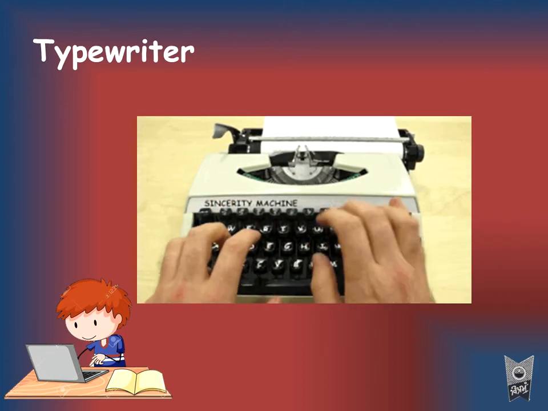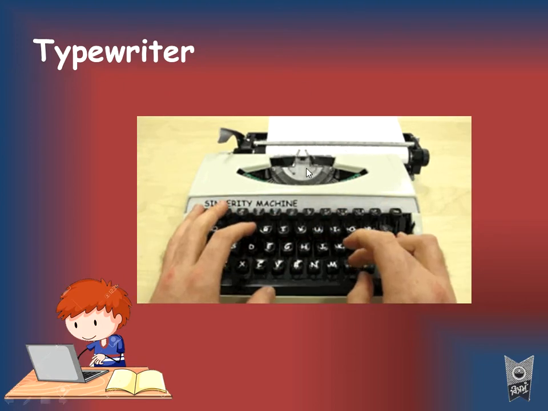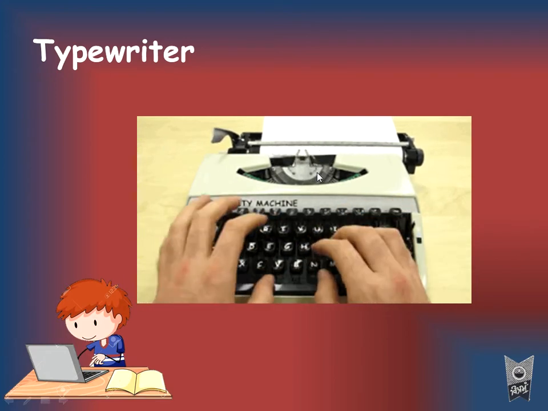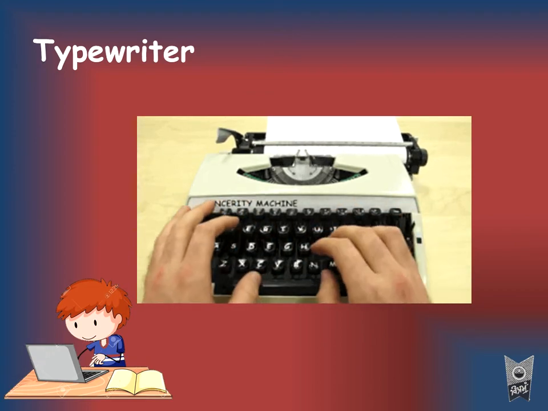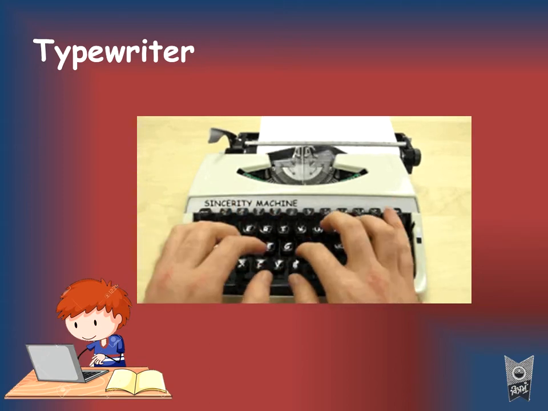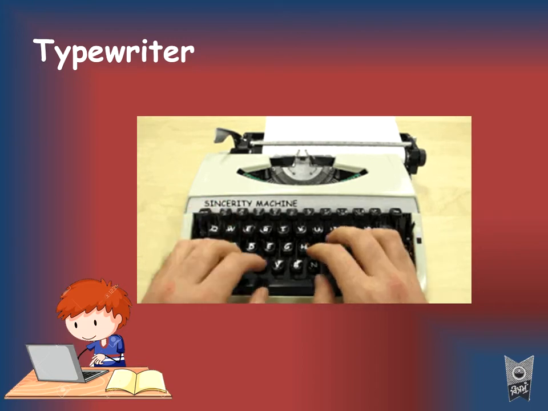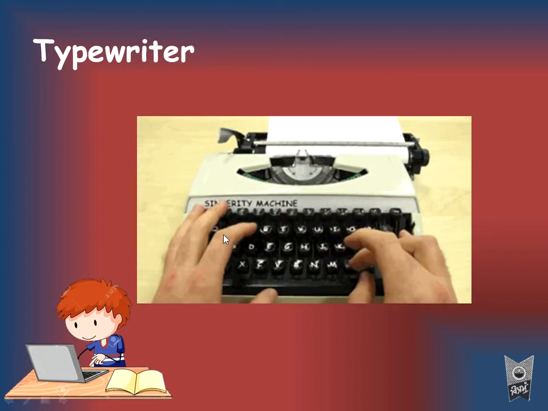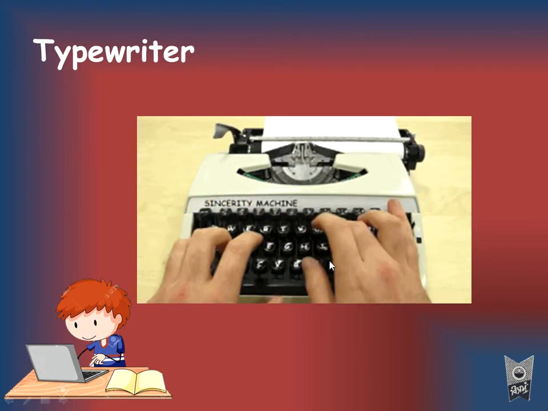Okay, this key was linked with that. You can see when the person is pressing the key, something is coming up. Then it used to go and hit over the paper, and then the letter used to get printed or typed on the paper. Okay, now when this typewriter was invented, the inventor made the keys in a proper sequence. So A, B, C, D, E, F, G. That way he made the keys.